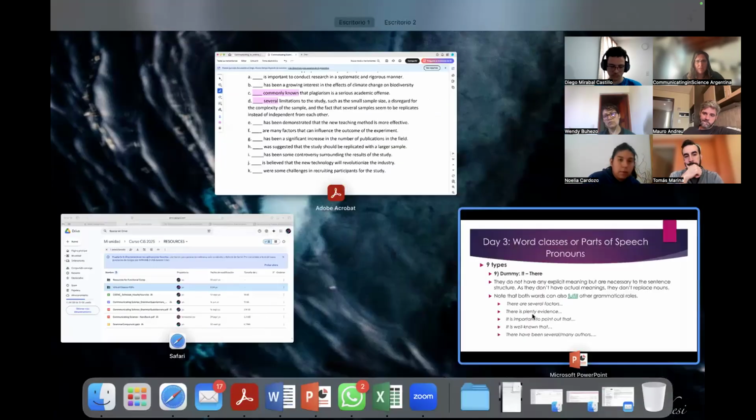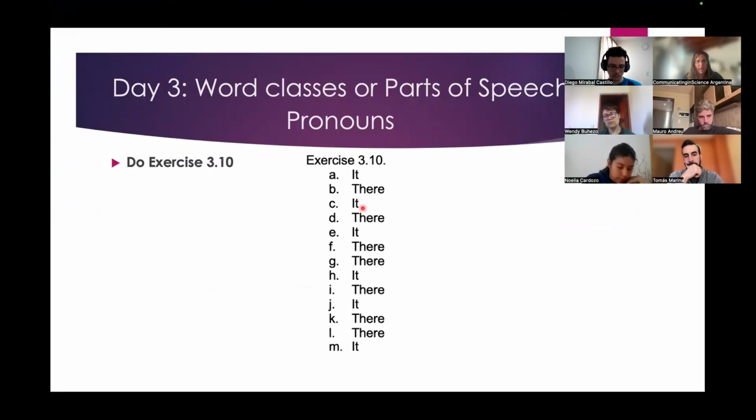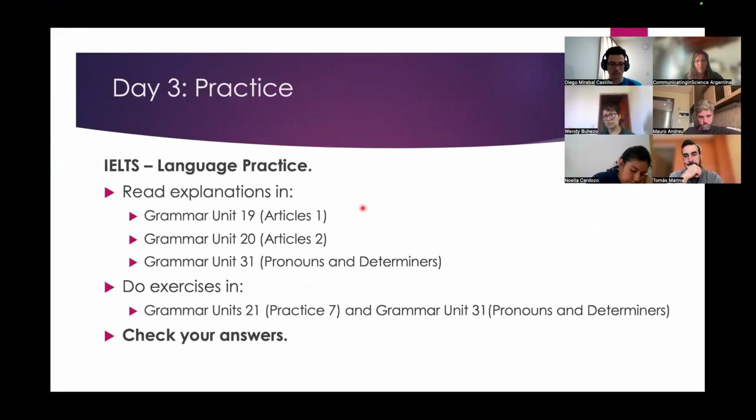Okay, I think that was our last. Yes, here we have all the answers. And that was our last slide for today. Notice that the homework for today is practice 7 and pronouns and determiners. These practices will help you